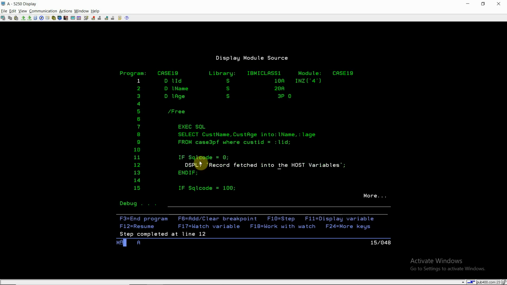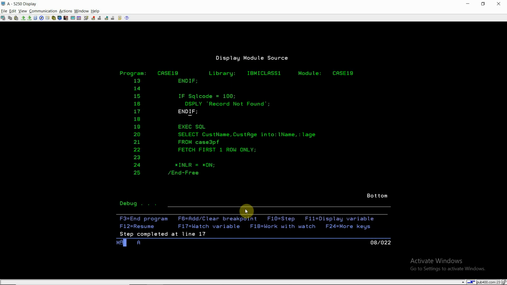If SQL code is 0, yes, SQL code is 0 because values have been retrieved into the host variables. So it will display record fetched into the host variables. Now since L name is Sina and L age is 45, it will fetch the first row.